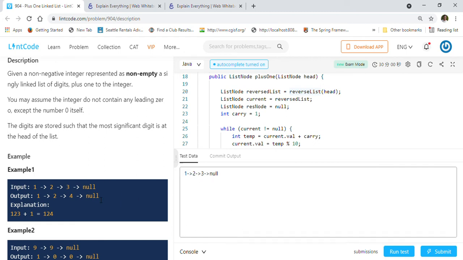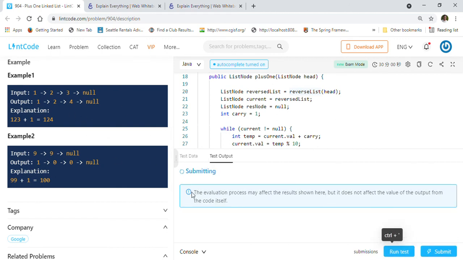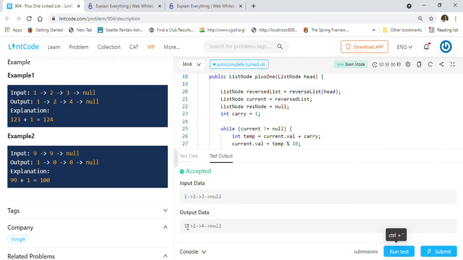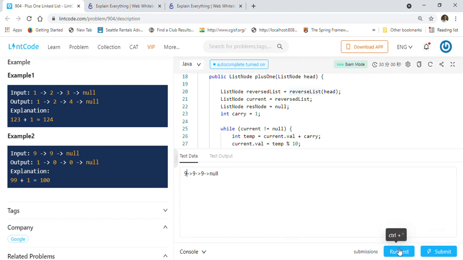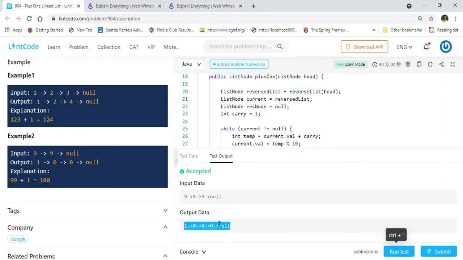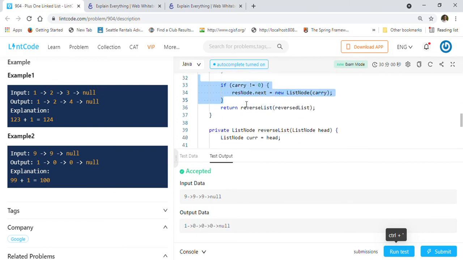So now we'll make sure that it works with the given example. We'll just run 1 2 3. So this is the example. Now you can see we are getting 1 2 4 and null. So that is good. Let's change this and try with this corner case, 999. Now it should get 1000, because 999 plus 1. As you can see we are getting the correct output, because at this time it will get a carry at the end, 1, and it will create that one node, this one node here.